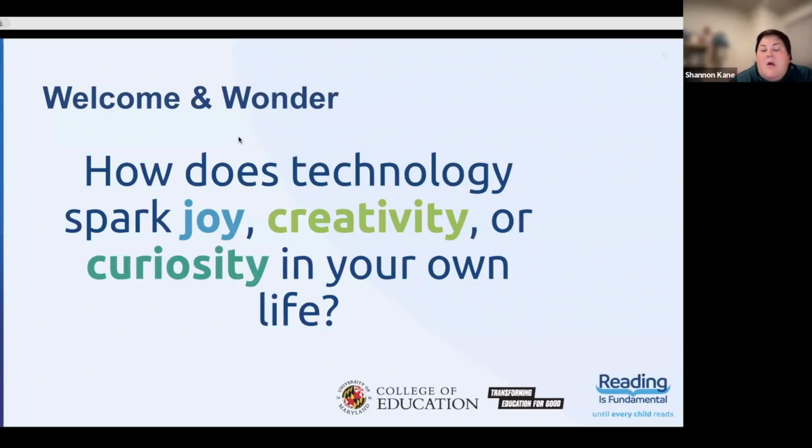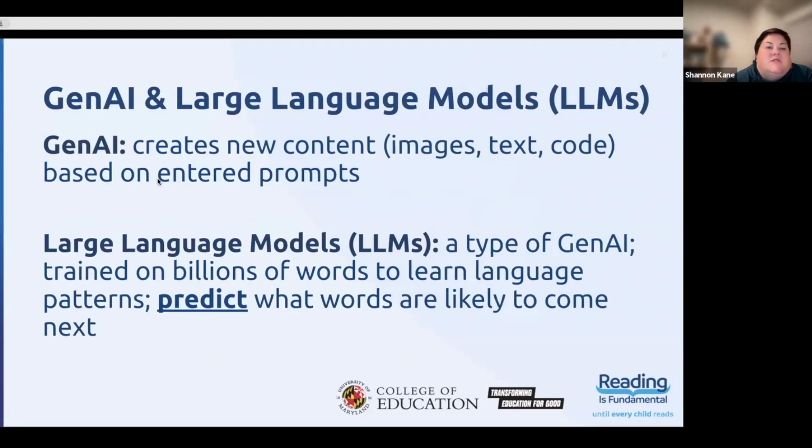And again, it may sound weird, this juxtaposition of creativity and joy with technology, because to be honest, I think that's something we often hear as an argument, or a criticism of AI, that it's going to kill creativity. But I really want us to think about how, in fact, it can support it, right? Because I believe that when we have joy and we have this possibility within technology, we can actually explore its possibilities and not see just its limitations, right? That's our goal for tonight. All right, so let's just jump in.